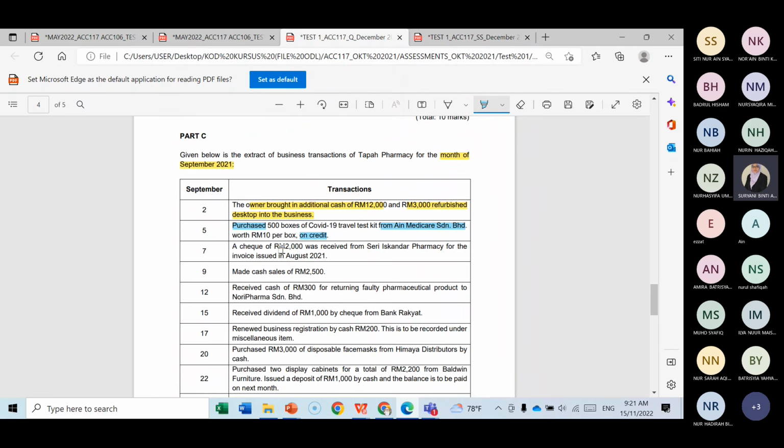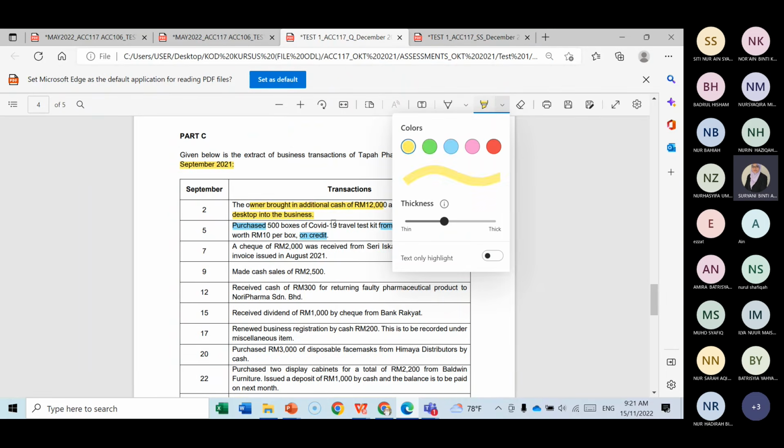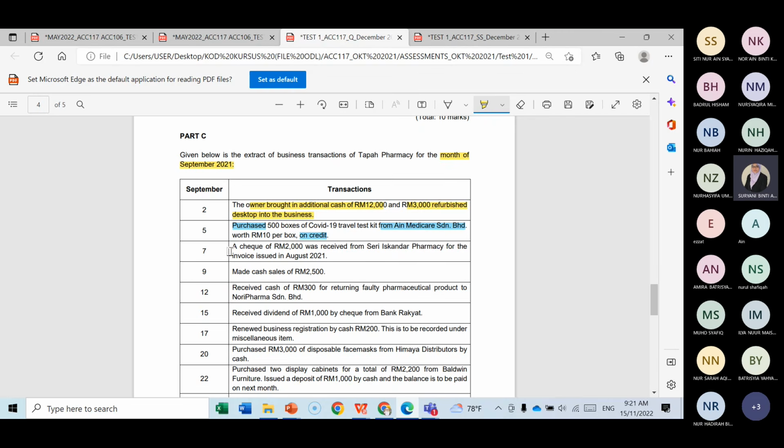Okay, on 7th of September, a check was received from Seri Iskandar Pharmacy for the invoice issued in August 2021. You receive a check from who? From Seri Iskandar. For what? For invoice. What is invoice? Invoice is a bill. It's a bill sent to our customer for